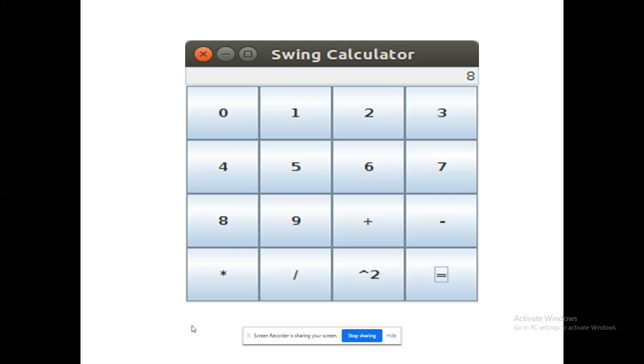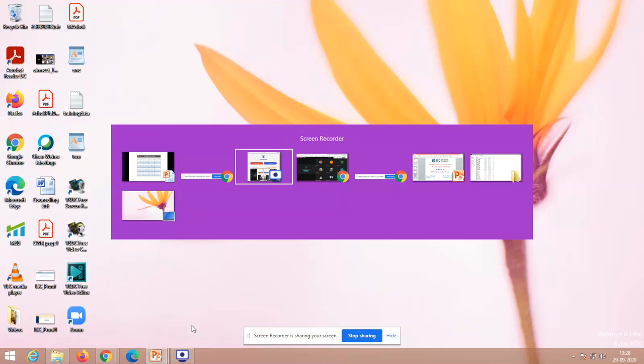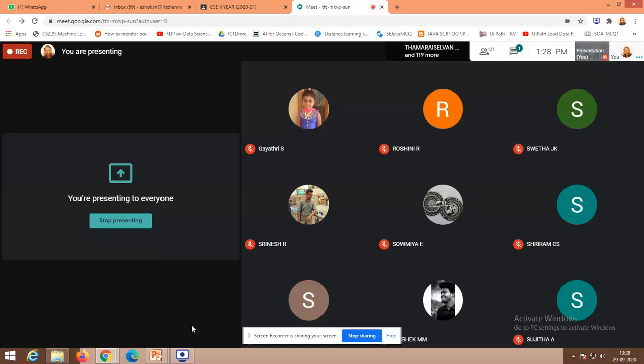The only idea here is what are all the controls you are going to use, how you are going to arrange the controls, and what are all the event handling methods we have to use. These are all the things that you have to take into account. Okay, so that could be the main thing that you have to take forward. Now let us see this code, right? How to design this?